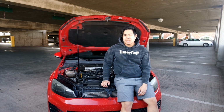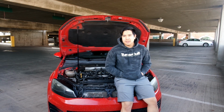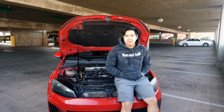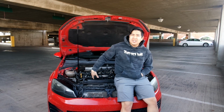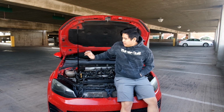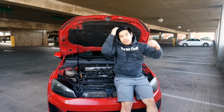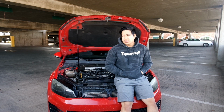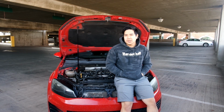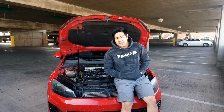So the next option was taking the cylinder head off and replacing that. But a brand new one was like $3,000, and this motor costs $5,700. This motor has about 100,000 miles less than my stock one. So I knew it was a no-brainer to replace the motor instead of just replacing the cylinder head. And yeah, that's what I did. Here's my